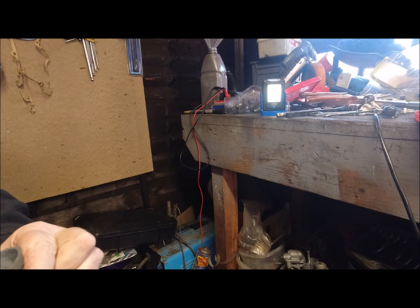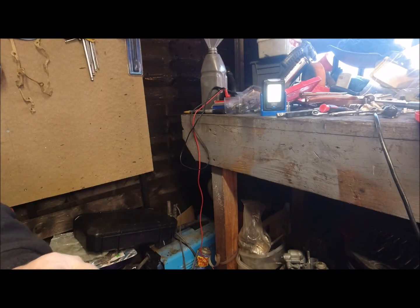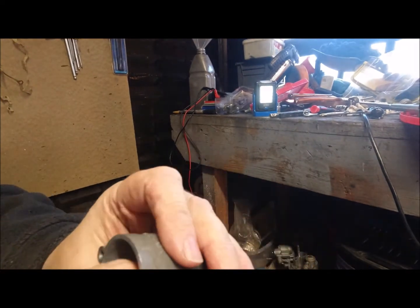And there's no debris. The previous owners that had this scooter kept petrol in it, and it saved the petrol tank. It's probably one of the best petrol tanks on an old GS I've ever had. All it needed was flushing out with some new petrol, and that was it. It was absolutely brilliant. So to rebuild this, which is basically the opposite of taking it apart, we put a